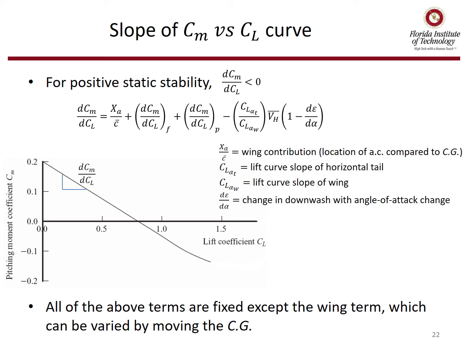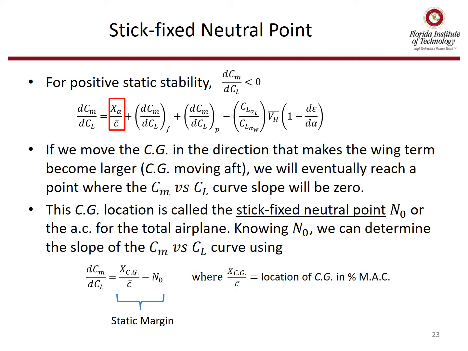We have that horizontal tail volume coefficient, and then we have this d epsilon/d alpha, which is the change in downwash with angle of attack change. So a lot of different things are going into what's impacting the actual value of the slope. But if we really look close, all of the above terms are fixed except for that first wing term, x sub a over c bar. And so we can vary that by moving the CG. Again, for positive static stability, we need the overall value of that equation, dCm/dCl, to be negative. And we're focusing on the wing